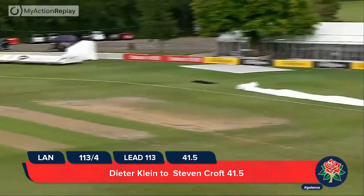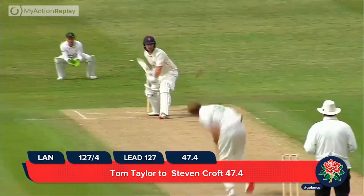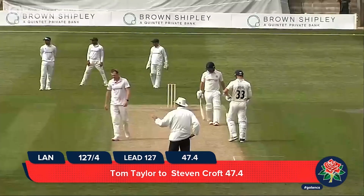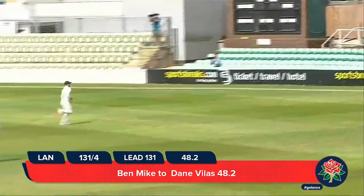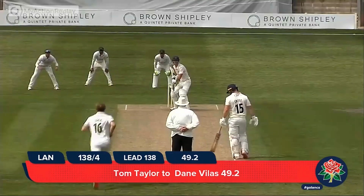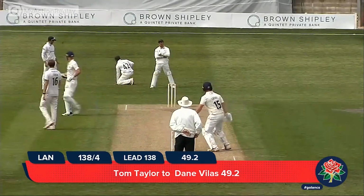That's 4 runs. That races just in front of Taylor. Slightly leaning forward and straightens up as he comes in and bowls. That's cut beautifully by Croft. That's 4 runs. Lovely looking shot. Mike to Vilas. It's cut through the offside. That's 4 runs. It was a famous last word. It's a little short and a little wide from Mike. New Road, in goes Taylor and bowls, and a thick outside edge goes...